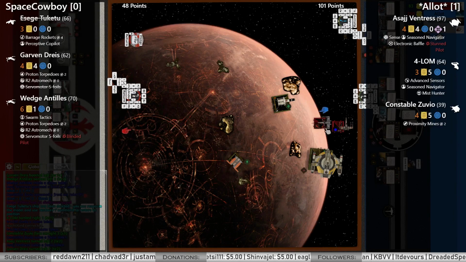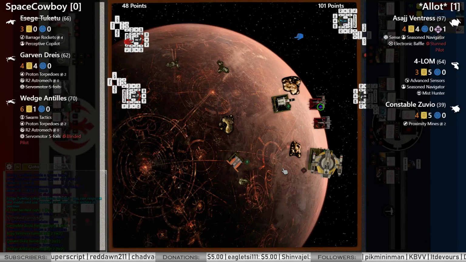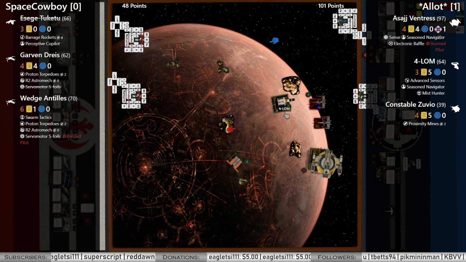Too hard out of Garven. He just wants to... Oh, he can't... Yeah, he can't focus. Too hard in from Wedge. Going to focus. So these X-Wings are looking for a last stand here, and they're going to get it. Going to shoot into Forlom. Don't think they can kill him. Well, Forlom's got 5, and we're going to get 8 dice, so...